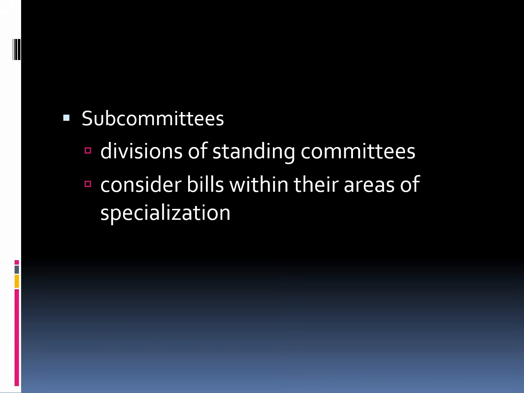These committees can be kind of large. They can have maybe 15 to 18 to maybe 20 different legislators on there, especially in the House of Representatives. So they have to say, we need a smaller group to look at these bills and decide whether we're going to support them or not. This one is called a subcommittee. It's a division of the standing committee, but a smaller number that are actually looking at the bill because they're going to be considering those bills within their areas of specialization.